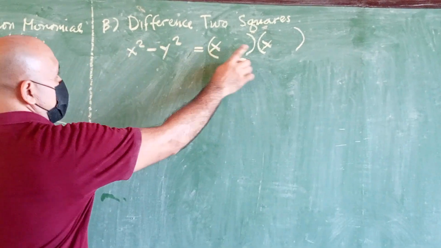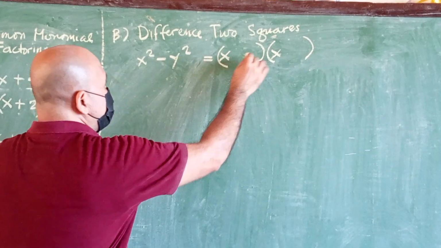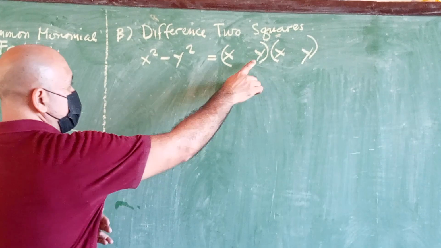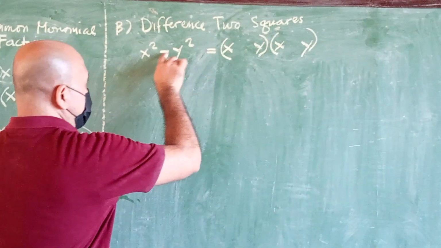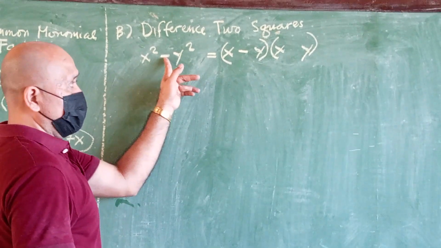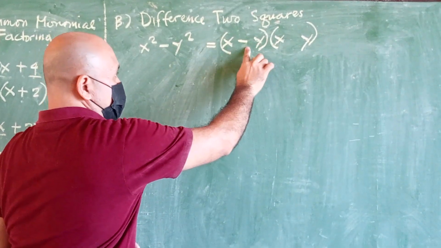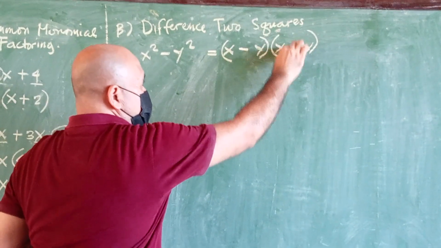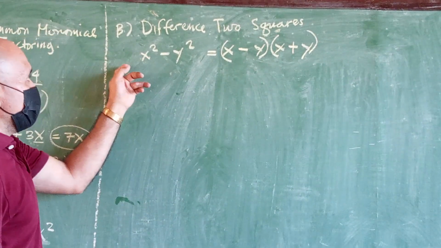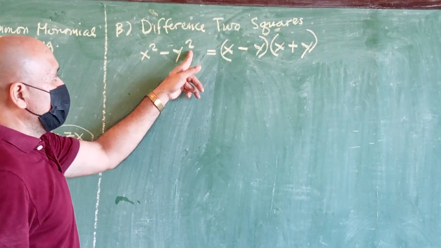Okay, so x and x refers to x squared. And after that, distribute y and y. In your first binomial, use automatically the first given operation. Then in your second binomial, take the opposite of minus, the reverse of minus, which is the plus. Okay, so that's it. When you factor out a difference of two squares, like x squared minus y squared, the resulting